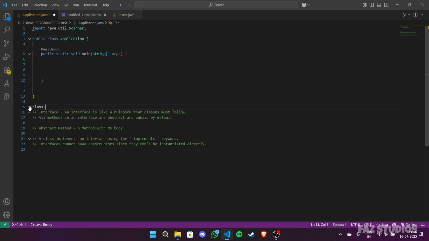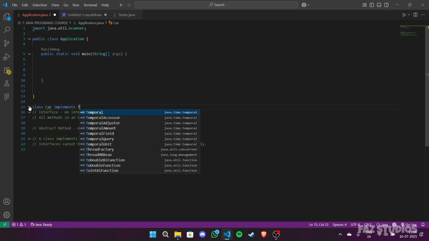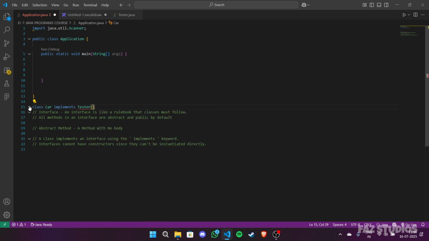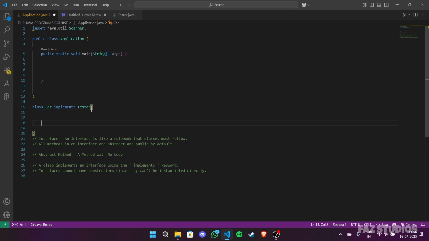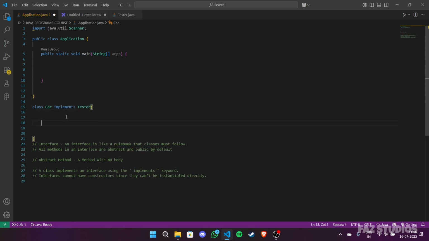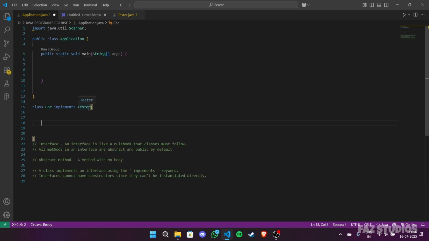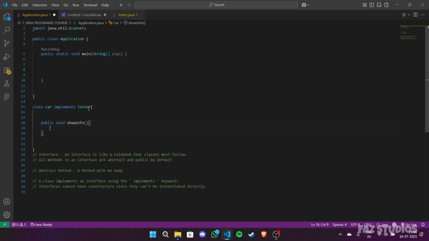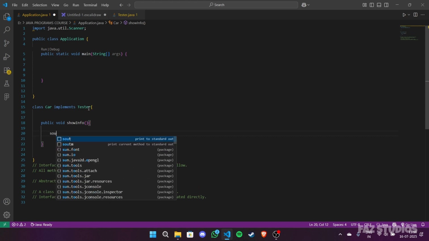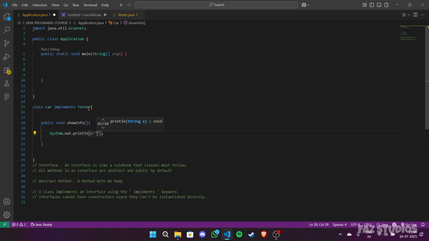Now let us create a class called Car and let's make sure that it implements the Tester interface. Now we already know that in the Tester interface we have an abstract method called showInfo. Now let's try to override that method, showInfo, and let's print out hello